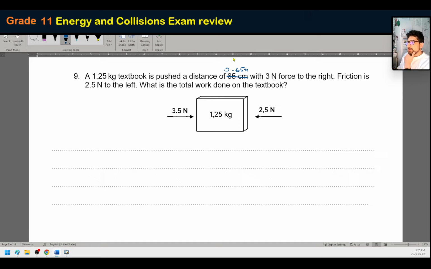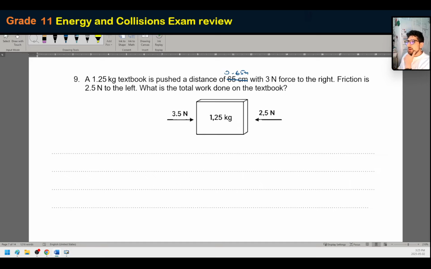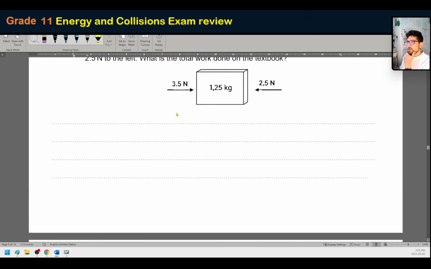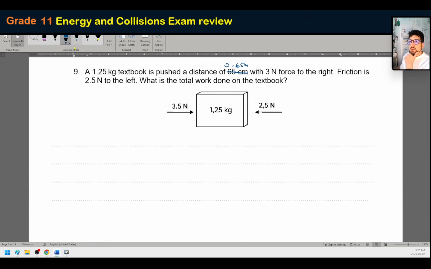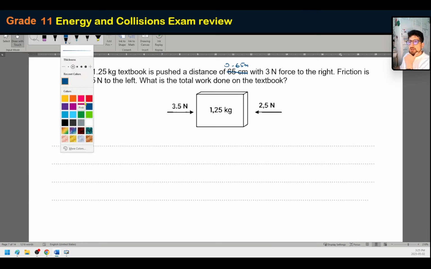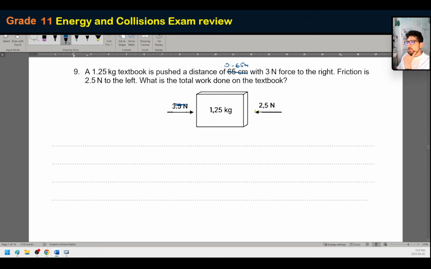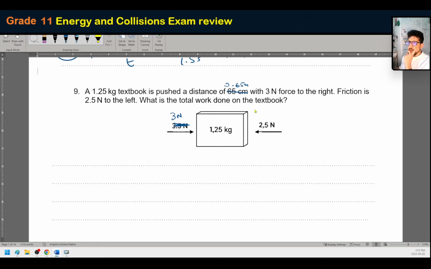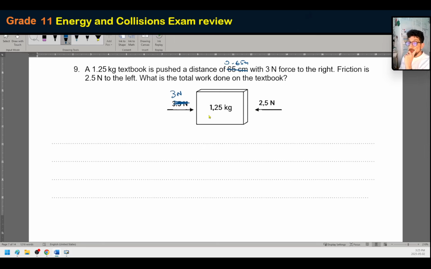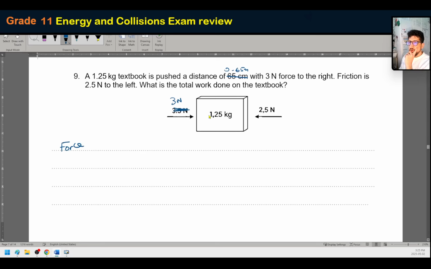The other thing I'm noticing is in the question it says 3 newtons to the right, and over here it says 3.5 newtons to the right. So I think what happened here was somebody just changed their mind last minute about the parameters, which is no matter. So let's have a look. We'll just change it to 3 newtons as it was. And so what we need to do first of all is work out the net force acting on the box. So the net force is going to be the force